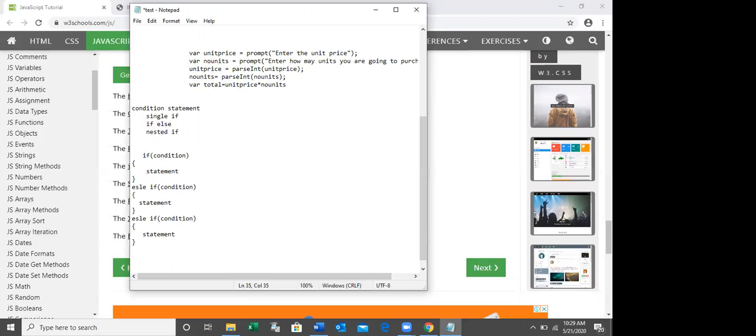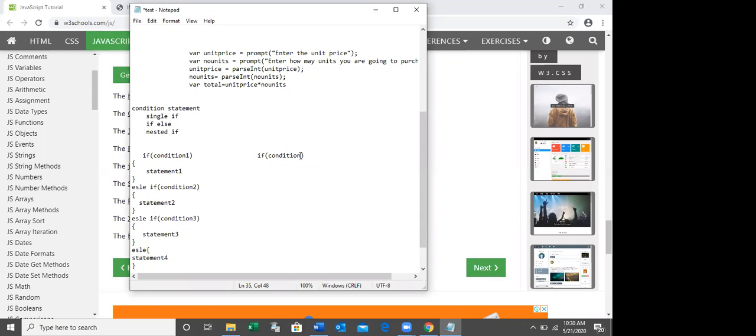Right. But nested if means if condition, say put condition 1, condition 2, condition 3, else. Right? Statement 1, statement 2, statement 3, statement 4, right?